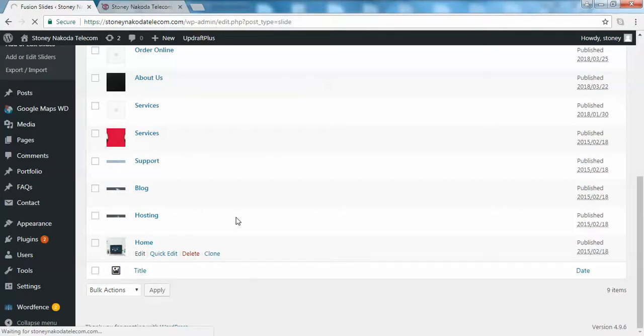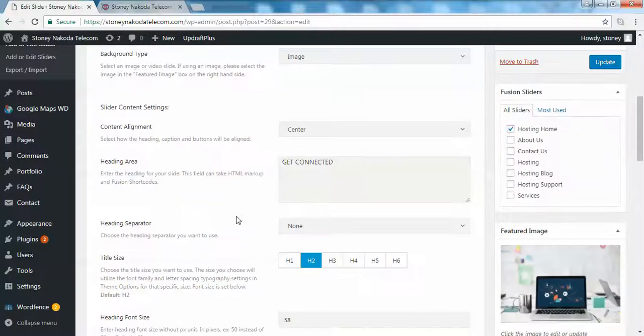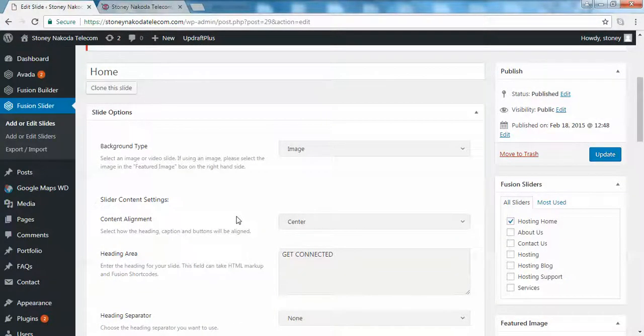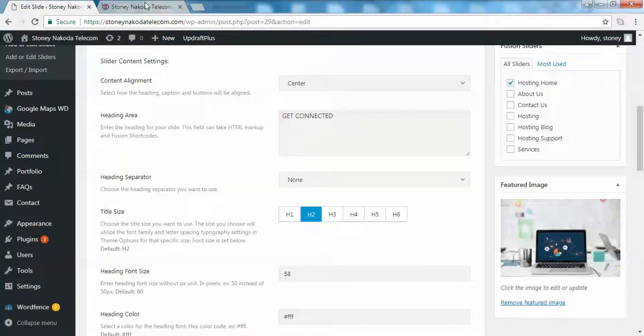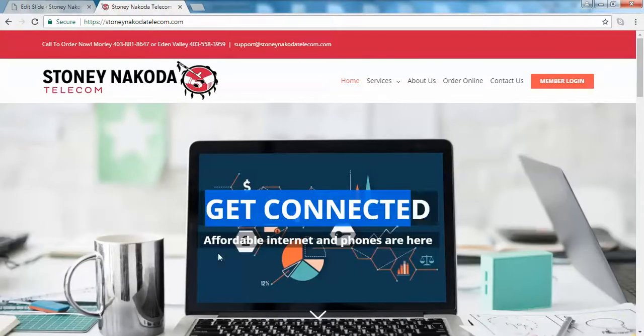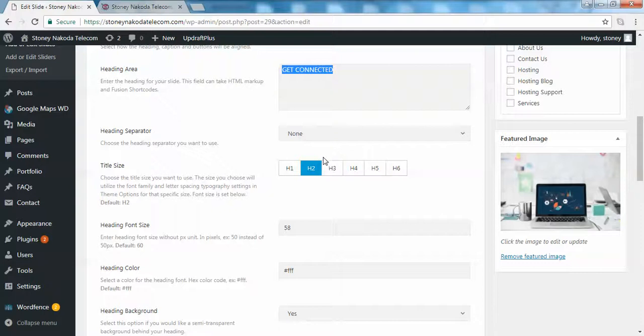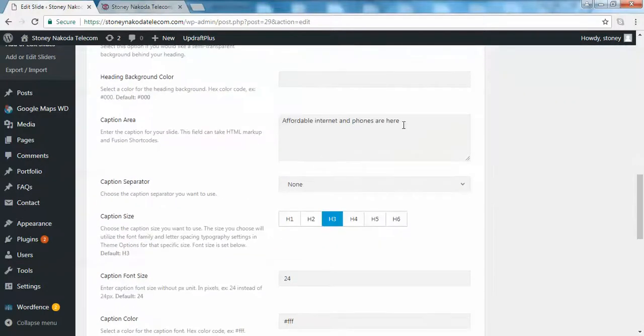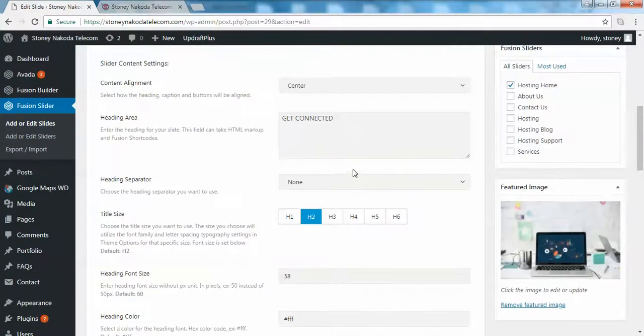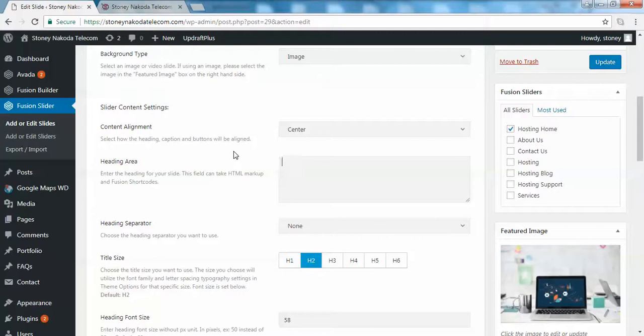So once you click on edit, it will open the section or the slider that you can edit easily. So you are on the home slider. In order to change the text overlay, get connected, and affordable internet and phones are here, you can change the get connected from here easily, and you can change the affordable internet services phone are here, so you can change it to anything. Once you make any kind of changes, you just have to delete this and say get connected